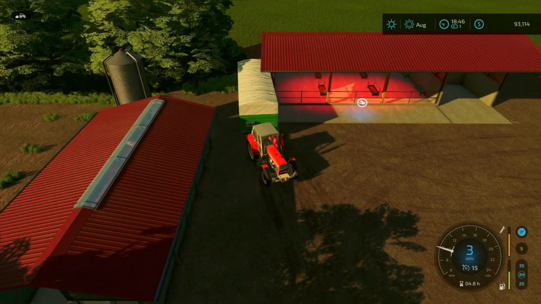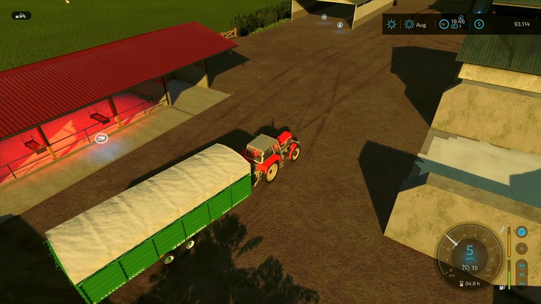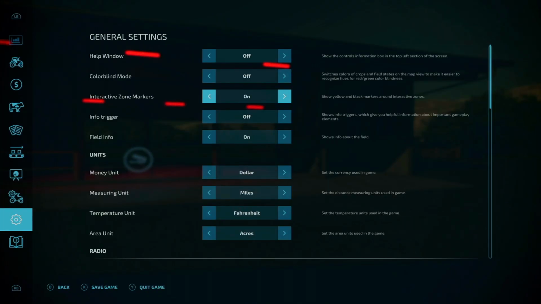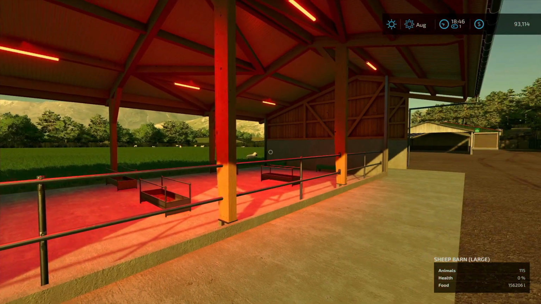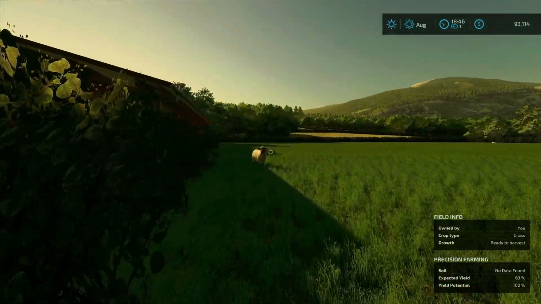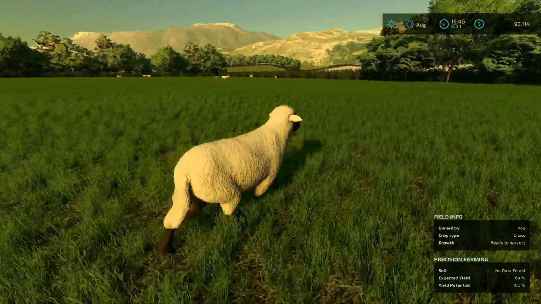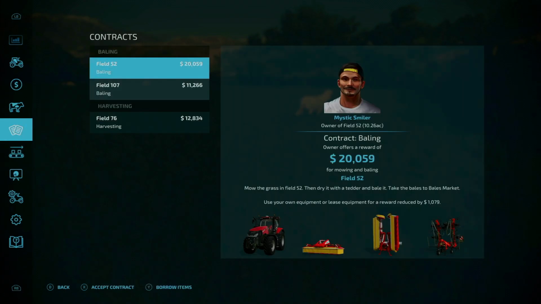There we go. Now let's see. Here, let's go ahead and get rid of that. 115 sheep. All of them babies. Look at that. Excellent. So these little guys are going to grow up, get big and strong,